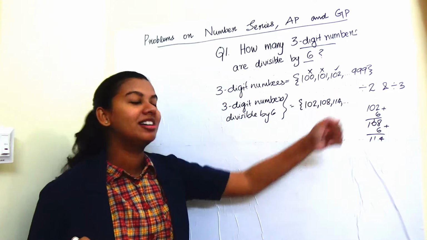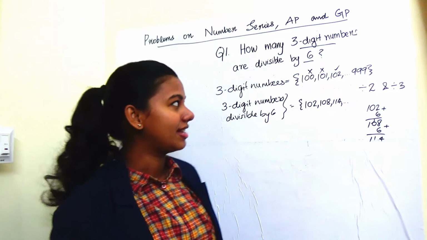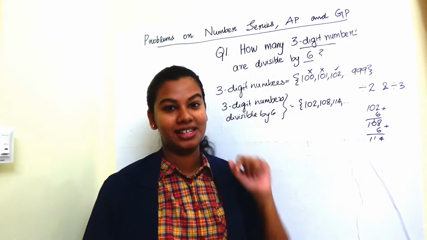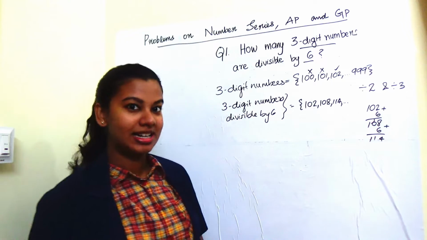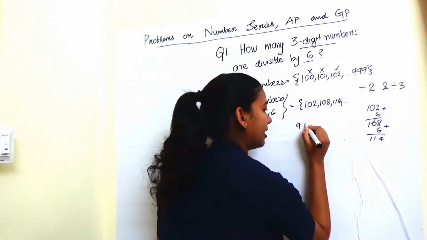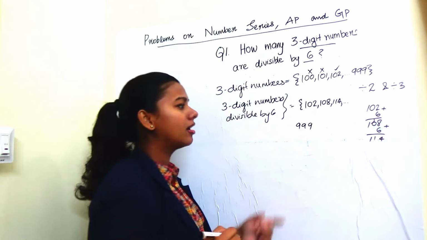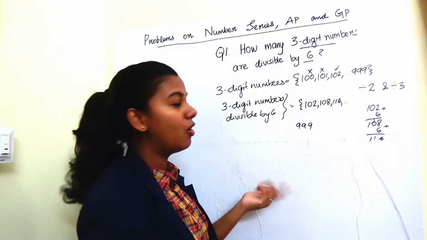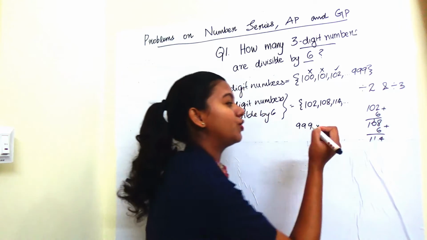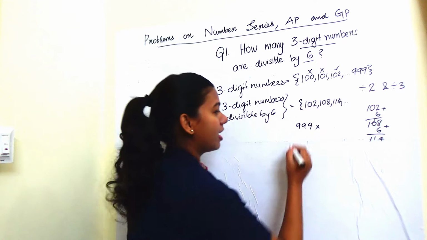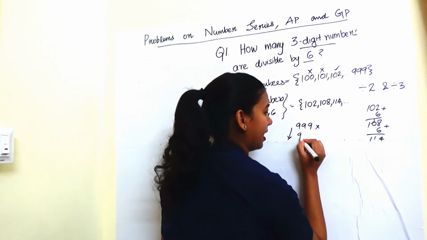What about the last number? We can try with the same divisibility test. We'll start from 999 and then go in decreasing order. So I'll write 999. It is an odd number, so definitely not divisible by 2, so not divisible by 6. I'll go in decreasing order. The next number will be